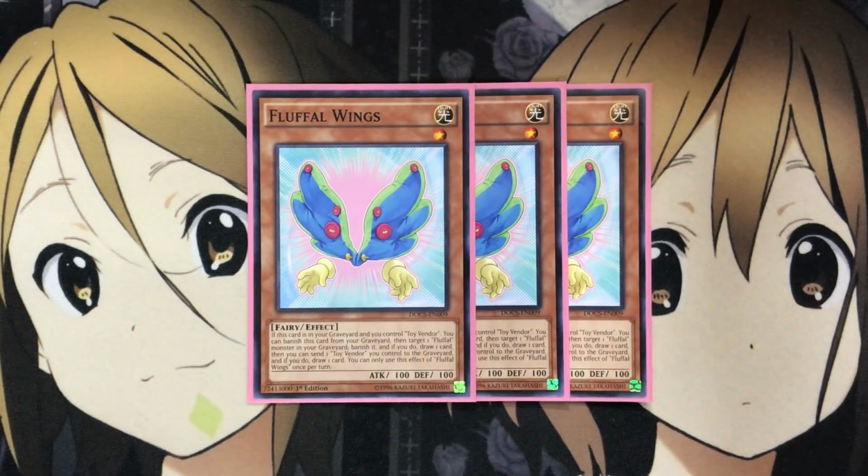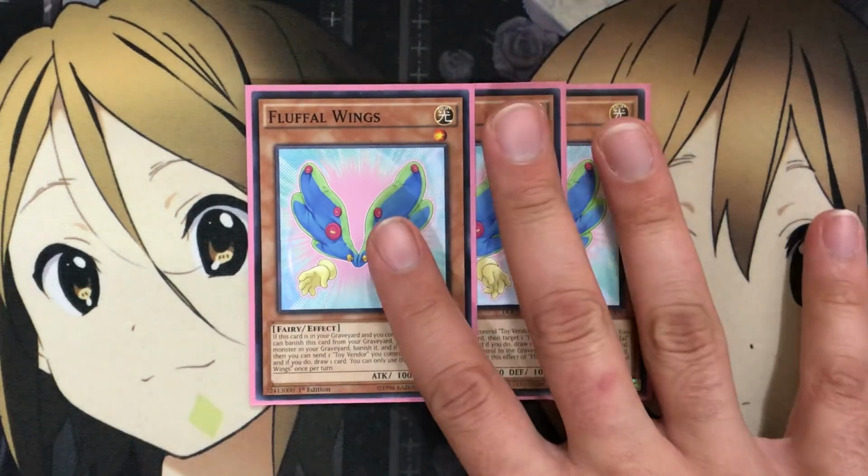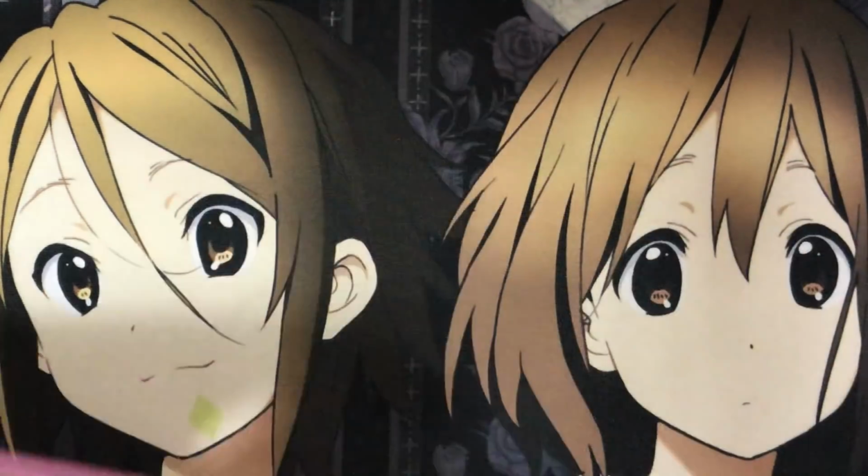1 Fluffal monster in your graveyard, banish it. If you do, draw 1 card. Then you can send 1 Toy Vendor you control to the graveyard, and if you do, draw 1 card. So the draw 2, along with the Toy Vendor effect, which we'll get to, with Toy Vendor giving you an additional search, makes it all the better with this card for its setup, because you're going to invest a lot